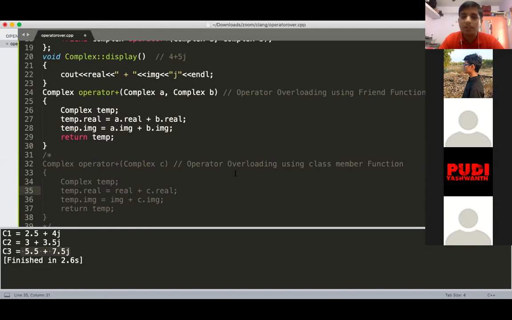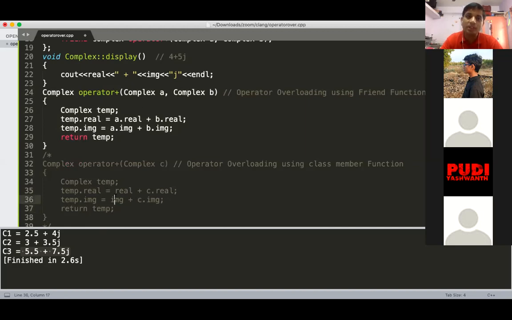In some cases it might ask to overload the operator using friend function, so you need to use this technique. And if you are writing the operator overloading function as a member, then you have to use this method.